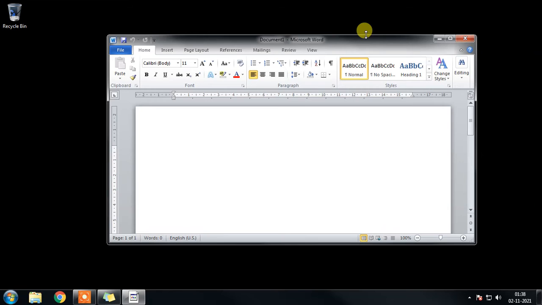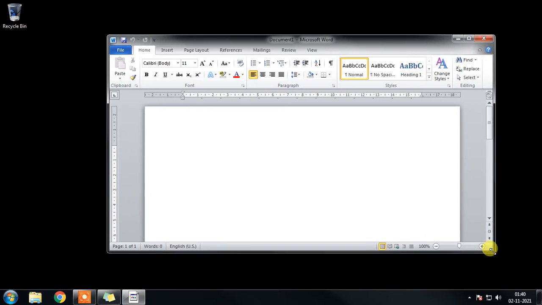We will see this two-headed arrow on four sides: left, right, top and bottom, along with four corners: top left corner, top right corner, bottom left corner, bottom right corner. So this is a resize icon. We can resize the window in 8 ways.